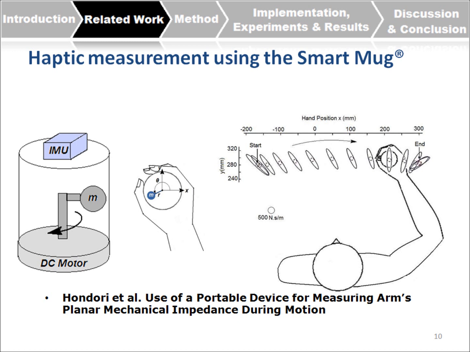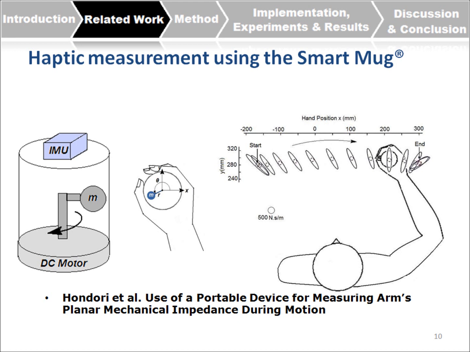The device consists of a DC motor, an eccentric mass that rotates and creates sinusoidal perturbation in the X and Y direction, and there is an IMU sensor that measures the acceleration. Correlating between force, centrifugal force, and the vibration, we can understand the mechanical impedance, which is one of the most important data of the haptics of the system.